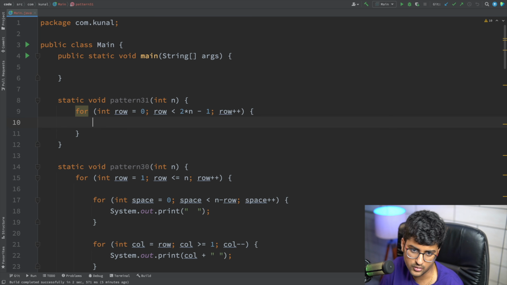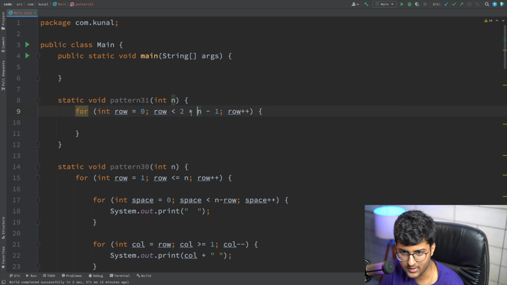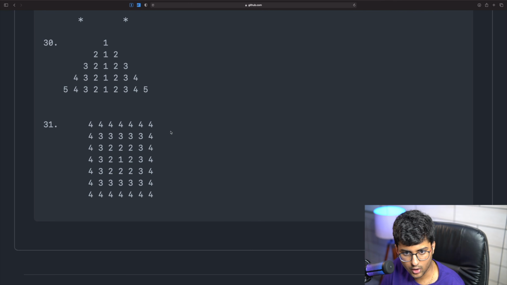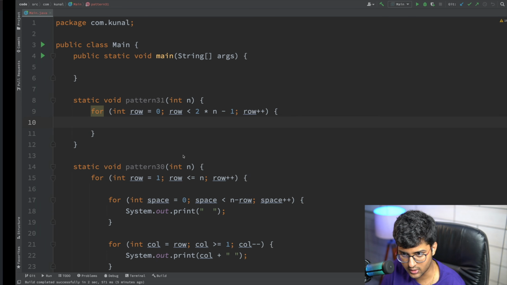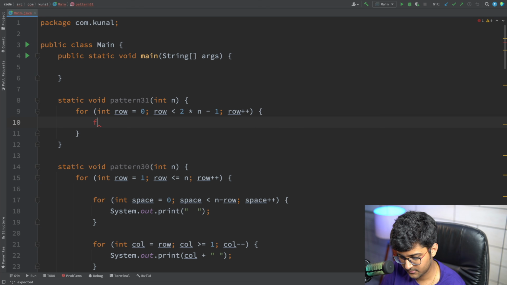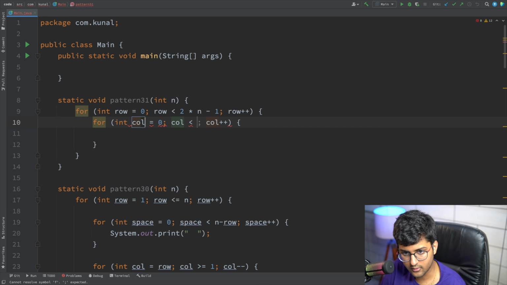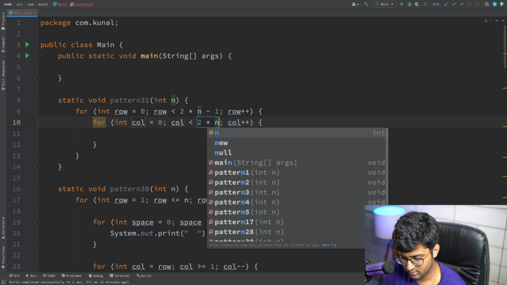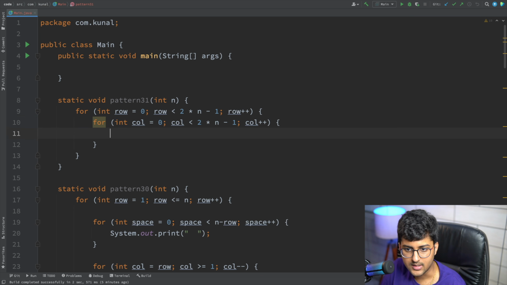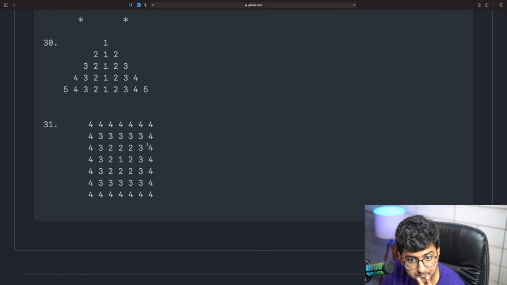We are going to do this the proper way, no extra lines or whatever. How many columns do we have? Number of columns is also 2n minus 1. Okay, no problem. That's how many times we need our loop to run.